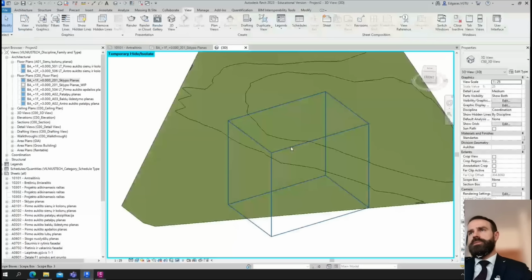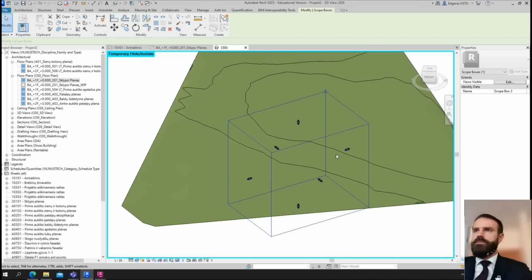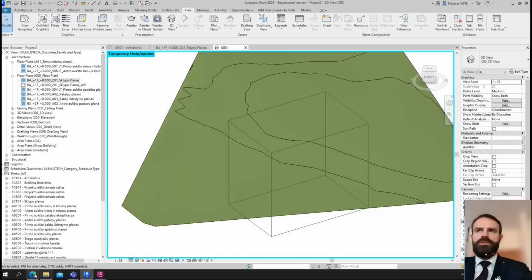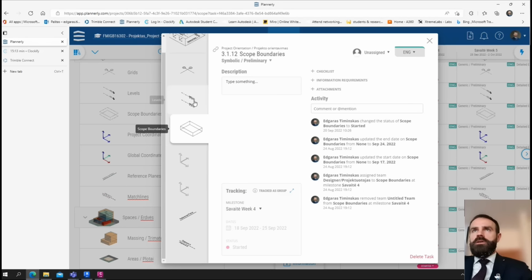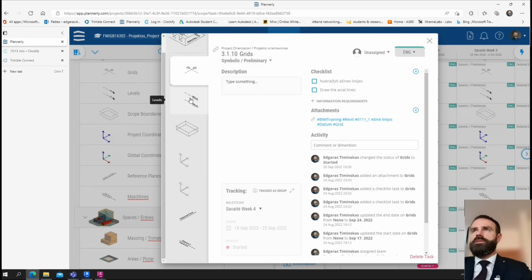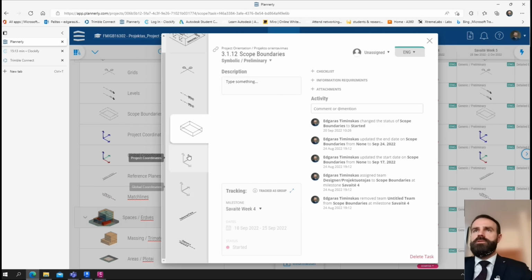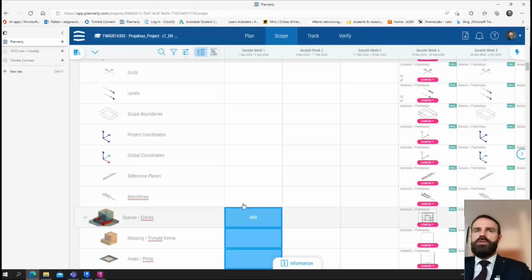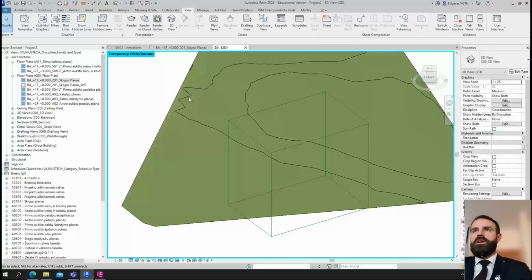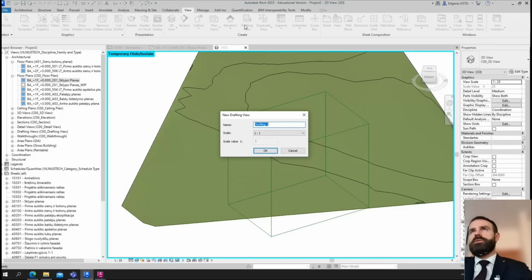And these scope boxes can be created for building zones, building parts, for all building, for all the territory, and so on. So several scope boxes can be created in your project. But before creating final version, like I showed now, you just need to understand what scope boundaries you will use, what distance between levels, grid lines will be used in your project. So for sketching the design, and before jumping to realizing it in the 3D model, I recommend to go to